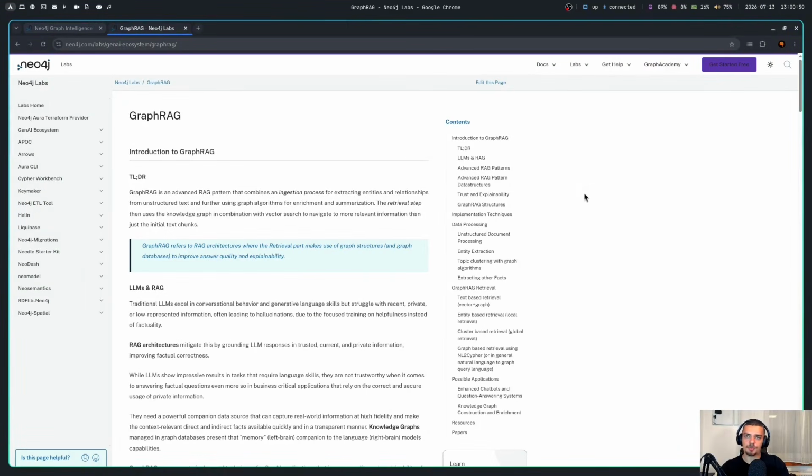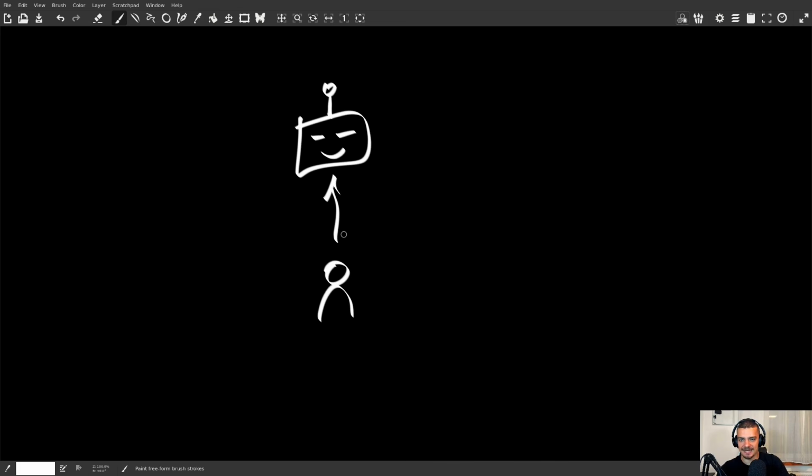Alright, so we're going to talk about GraphRAG in this video today, so retrieval augmented generation with knowledge graphs in Python. For this, let me briefly boot up my pane to give you a visual understanding of what we're doing here. RAG in general, the idea is you have an agent. Let's say this is now our agent, looks a little bit like an alien. And this is our user, and the user has certain questions. Asks the agent something, agent responds,